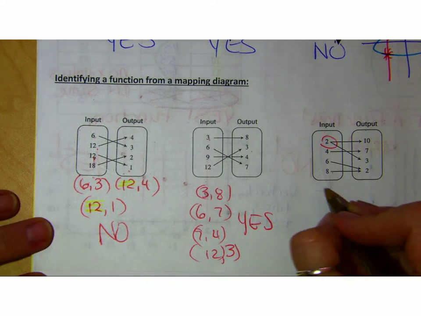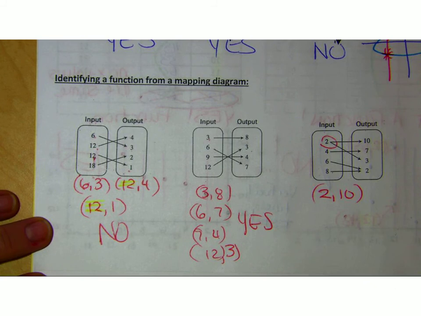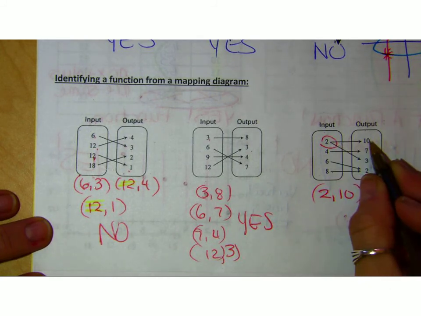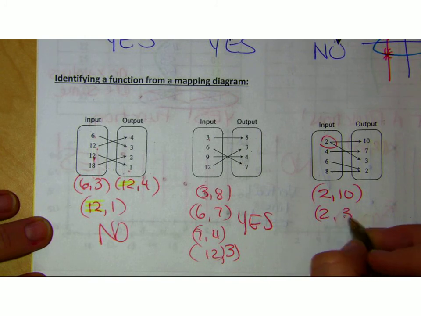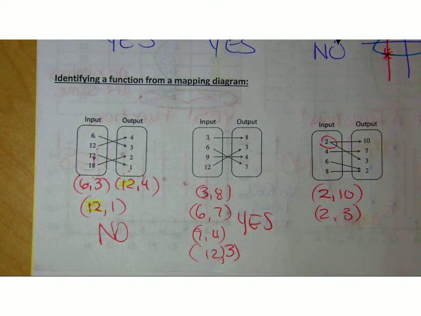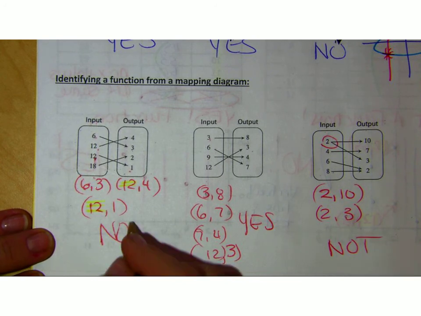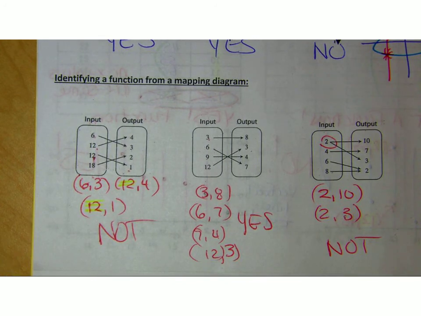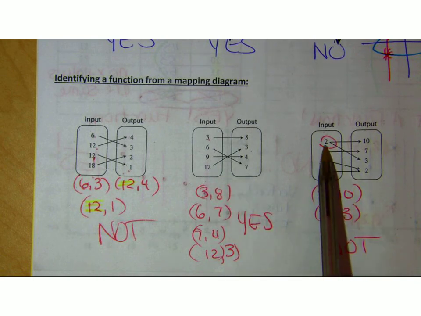Yes. And what else is it paired with? So I got 2 arrows coming out of the same number. Not a function. So you could put no or not a function. Doesn't matter. So this is the only one that was? Yeah. So be careful because sometimes they'll put 2 12s. Sometimes they'll only put 1, but put 2 arrows coming out of it. All right? So that is